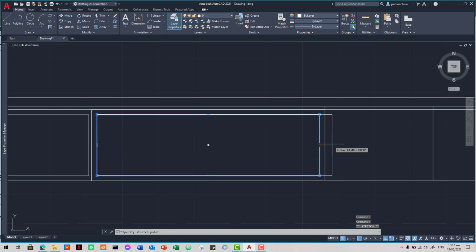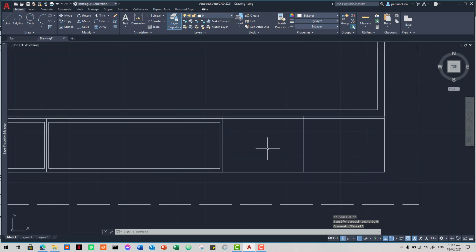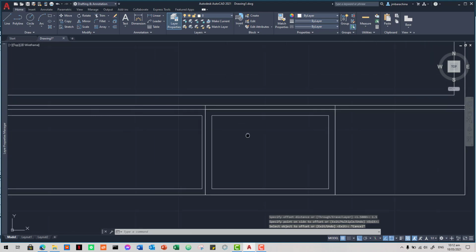Again, I'll be moving this by 0.75, and the other part also. Another rectangle for this portion. Then, did I delete this original? I want to delete this, so it will not be overlapping. Okay, I'll offset this one again by 1.5 inside, of course, and then